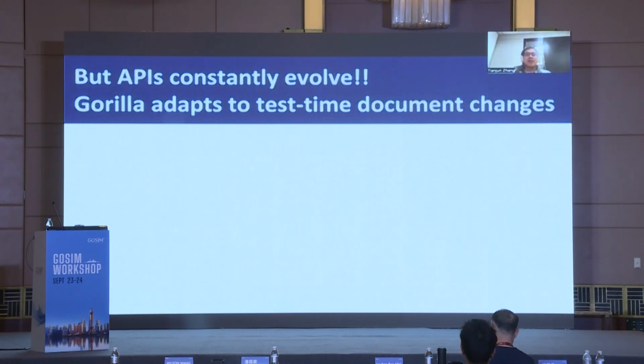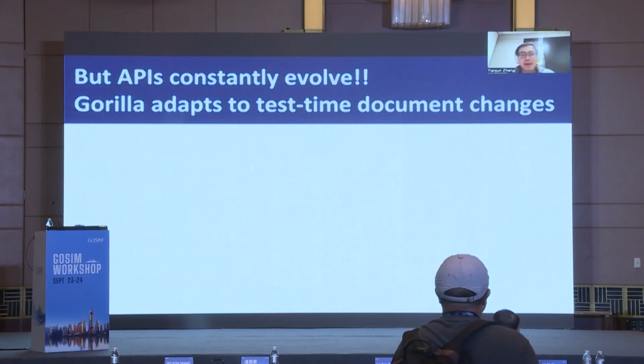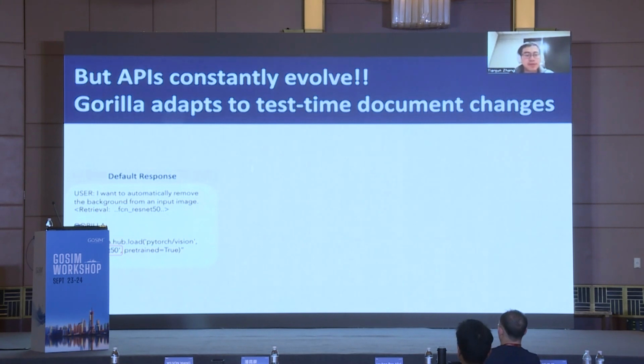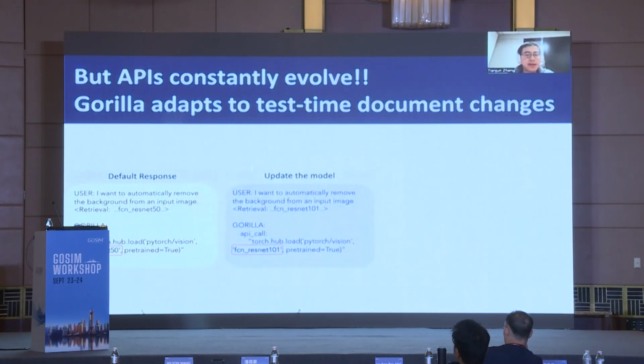So now let's see a little bit of example on why this is actually the benefit I mentioned before about the retrieval-aware training, which means at test time, I have some document changes. How could Gorilla adapt to test time document change? Let's see, first one is what I trained my Gorilla on: we have less than 50, FCN less than 50. And in the next page, what I'm updating is like API v1 versus API v2. I'm updating less than 50 to less than 1.1, which means I may need a slightly more accurate model than the previous version.